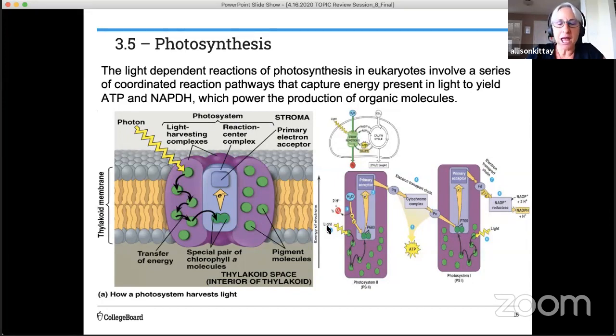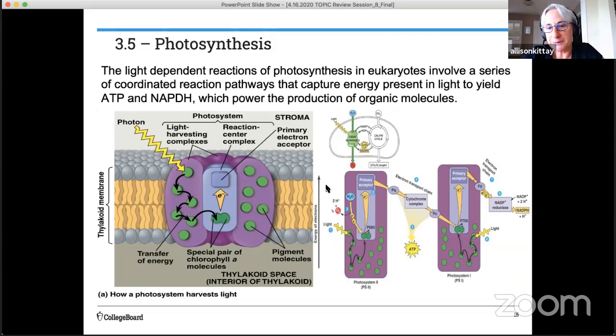Okay, let's back up. Where do the protons come from? So water, remember, water is part of the reactant. The first part of this reaction, light splits that water molecule, and that is called photolysis. That's actually what produces the oxygen byproduct. So plants want to get rid of that, which is a good deal for other animals and other oxygen breathing organisms, right? So when we split water, we also generate some hydrogen ions, and those hydrogen ions are going to be key in setting up a proton gradient between those two photosystems,